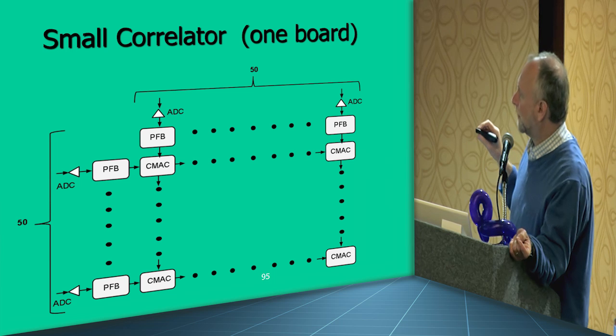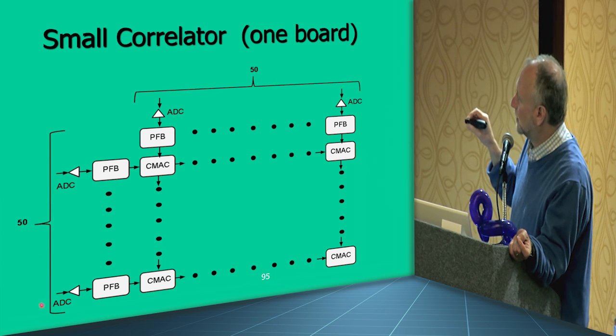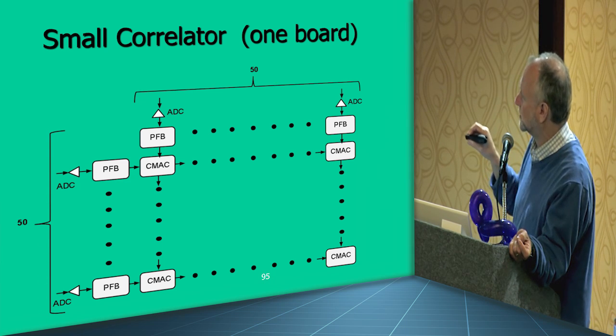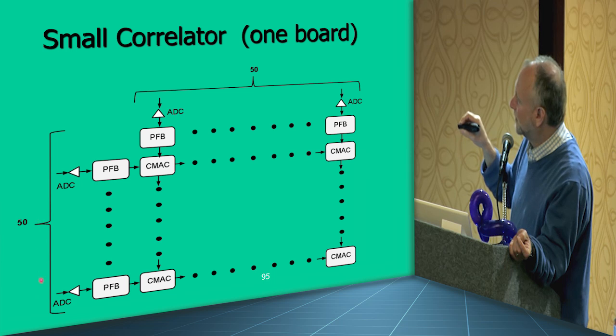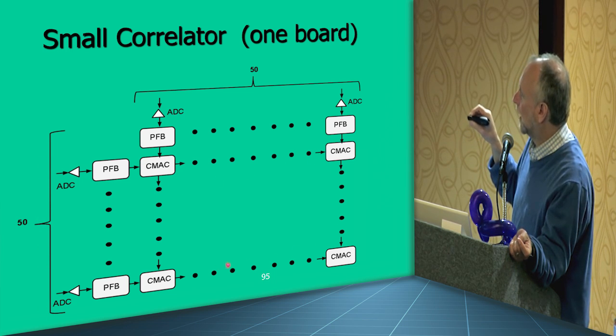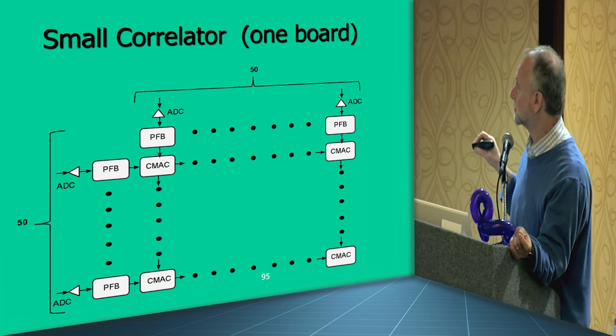So remember, we want to cross multiply; we want to multiply every pair of antennas. If you can do it all on one board, this is what you do. So here's an array of antennas. You make a copy so you have data also going this way. So you have data marching across from, say, let's say you have 50 antennas. So here are the 50 antennas, digitize the data. Here are the same 50 antennas, digitize the data. And at each intersection here, I can cross multiply. So I'm multiplying antenna A by antenna A, but the next one is antenna A by antenna B, and so on. And I get all the possible cross multiplies. So you have an array, maybe a systolic array.